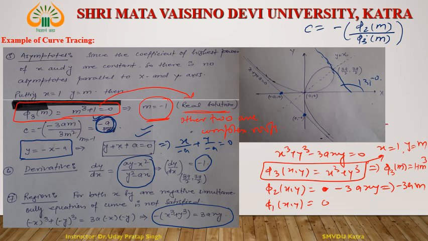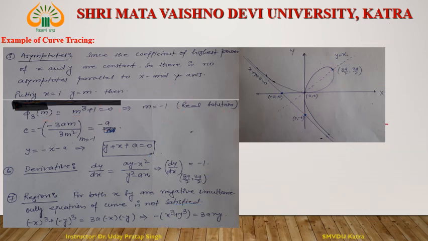Now see the tracing of the curve. You can also find more points on the curve. See, draw the straight line x plus y plus a is equal to 0, that passes through the points (0, minus a) and (minus a, 0), these 2 points. This is the asymptote of the curve. And remember that this curve does not lie in the third quadrant, so no portion of the curve lies in the third quadrant.